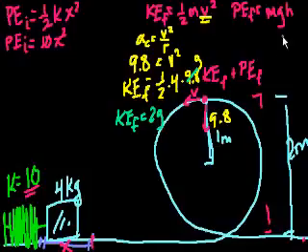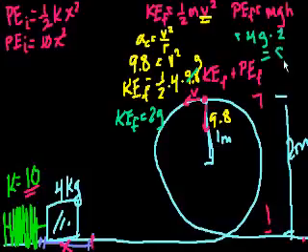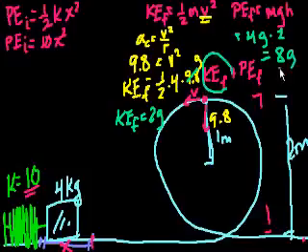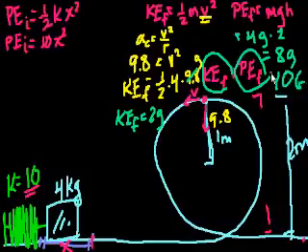And what is the potential energy at this point? Well, it's the mass, which is 4 times g, times the height, which is 2. So it's equal to 8g, right? So what's the total energy at this point? The kinetic energy is 2g. The potential energy is 8g. So the total energy at this point is 10g. So if the total energy at this point is 10g, and we didn't lose any energy